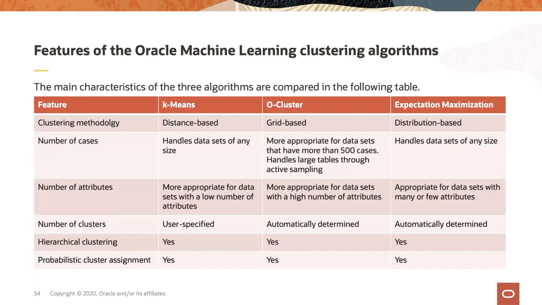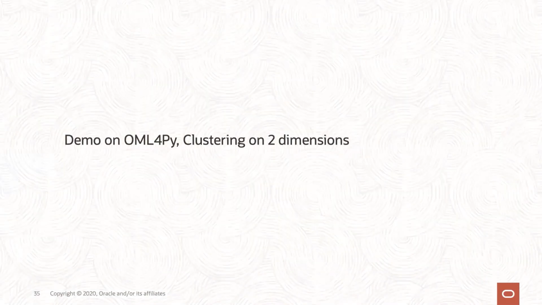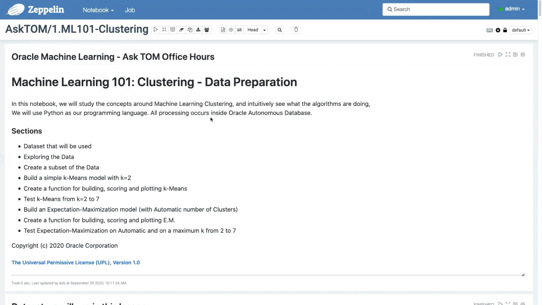So with that, let's take a look at a quick demo of that process. Here we have the Oracle Machine Learning for Python. Again, I'm using OML for Py here. And as soon as OML for Py is out, I'll get you a copy of this notebook as well. What we're going to look at is, well, we have a data set that will be used,